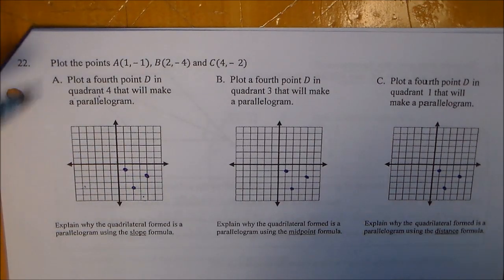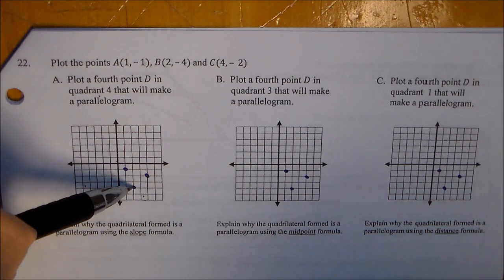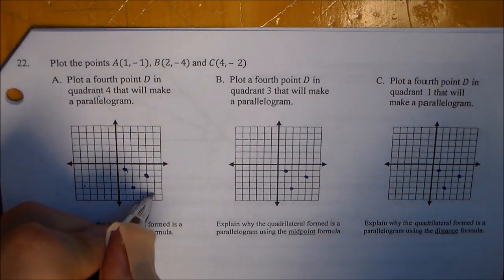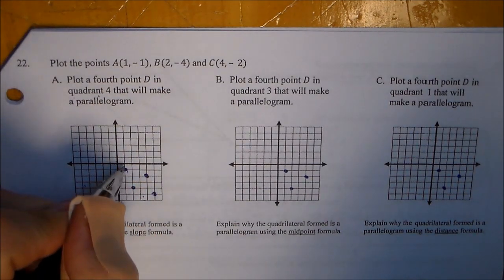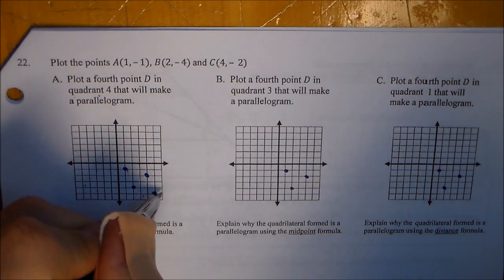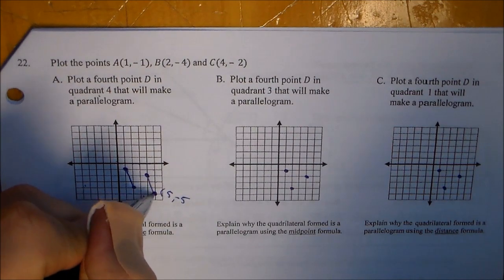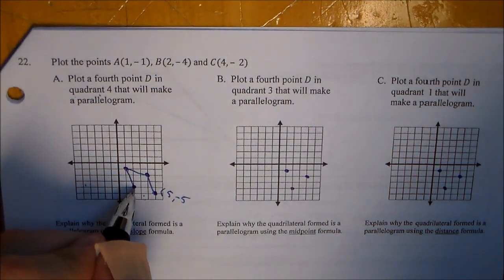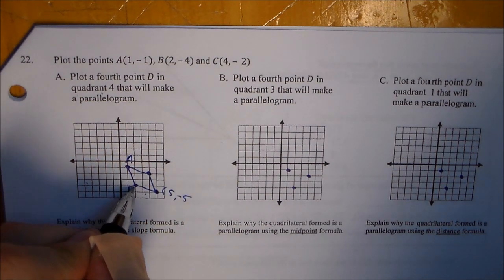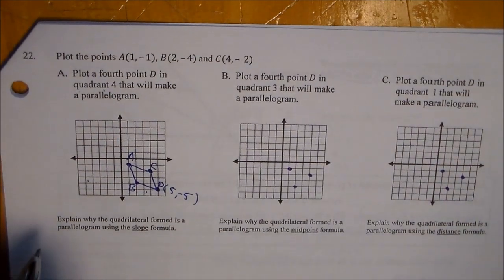If I want to find the 4th point, I notice it goes down 3 over 1 as a slope, kind of the idea for a parallelogram. I'm going to go down 3 over 1 from here, and this gives me a point at (5, -5). So I go down 3 over 1, down 3 over 1, and then I go down 1 over 3, down 1 over 3. So if we label these A, B, C, and D, now we can show that it's a parallelogram using the